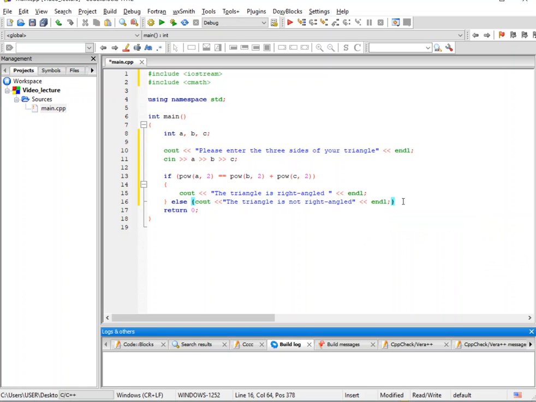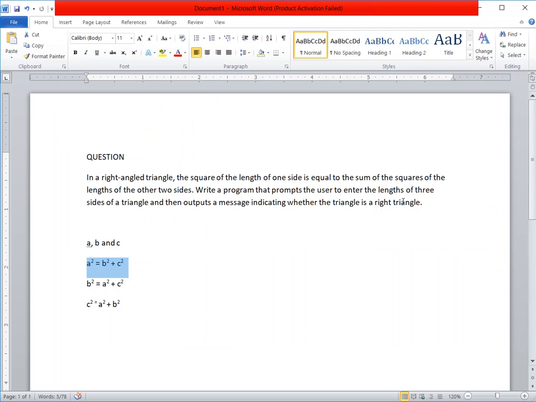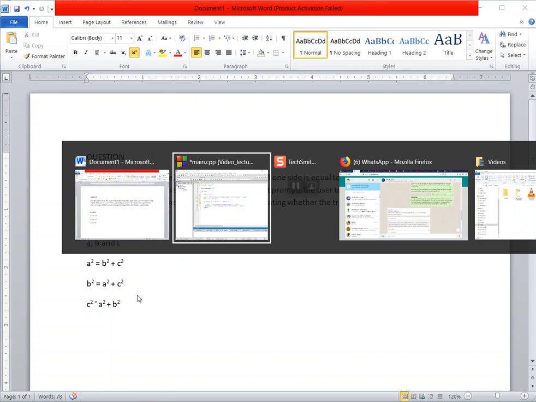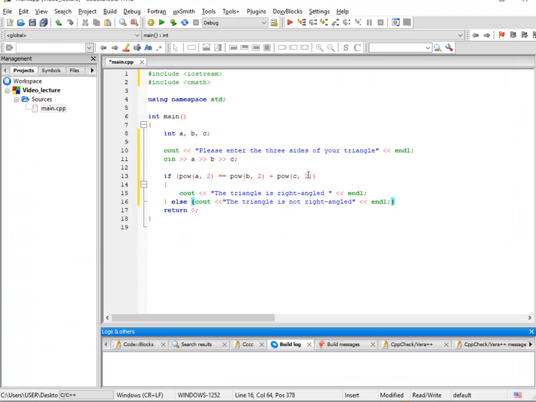Here, let's go back and look at the question. We are also saying that or if this is valid, the triangle is still what? Right angled. Or if this is valid, the triangle is right angled. So when you come back here, I would want us to use a compound operator here. We have already done this to show that A squared is equal to what? B squared plus C squared. So we could also do,